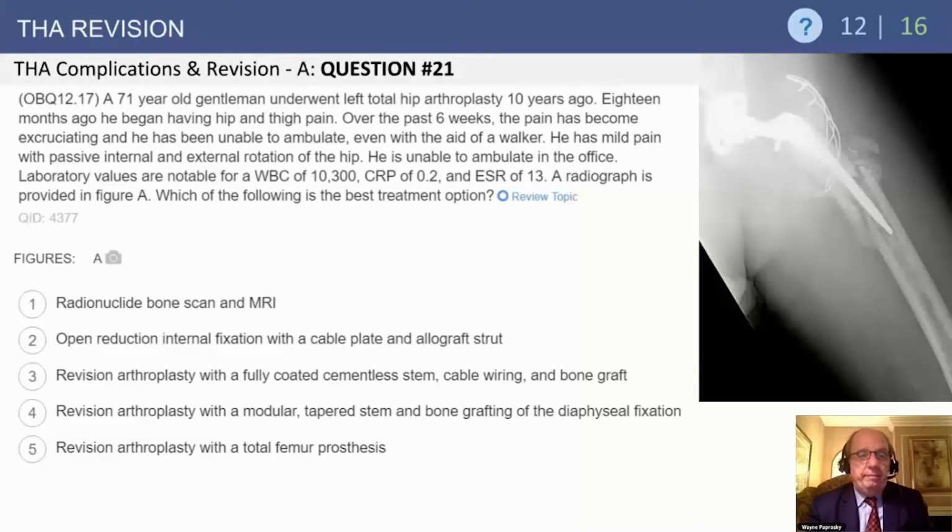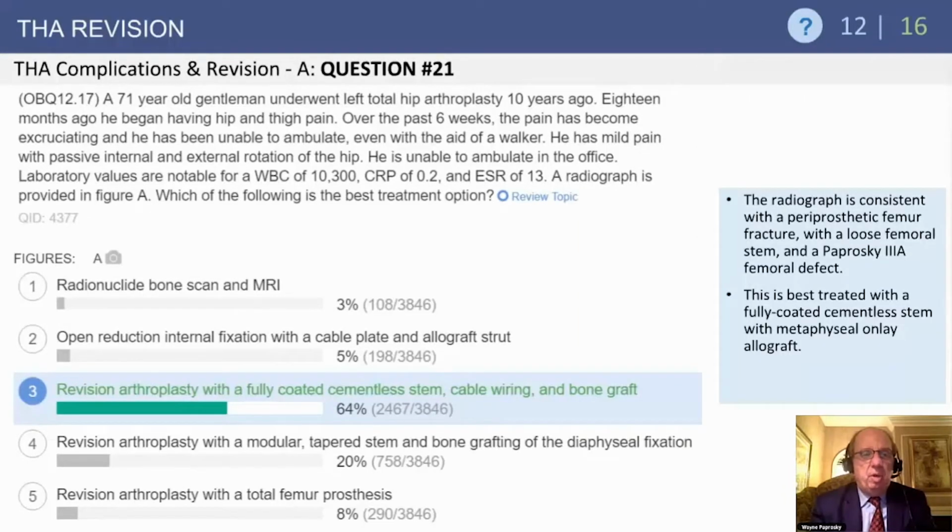So, what's the choice here? So we look at this classification. This looks like it's probably going to be a bad 2 or approaching a type 3. So our treatment of choice here, does it look like that stem is loose? Are we going to revise the femoral component? Well, if the stem is loose, what are we going to put down into the femur? So obviously we're going to cable, we're going to use a fully porous coated stem,